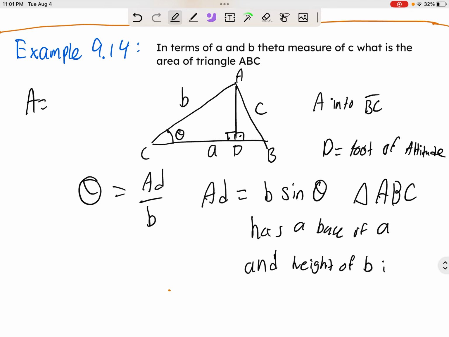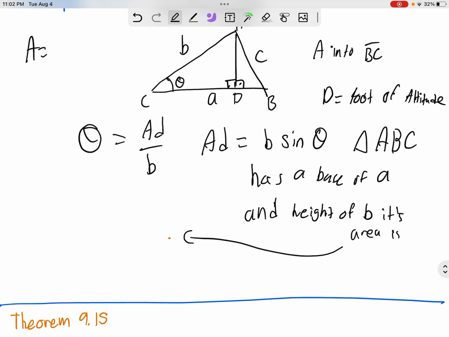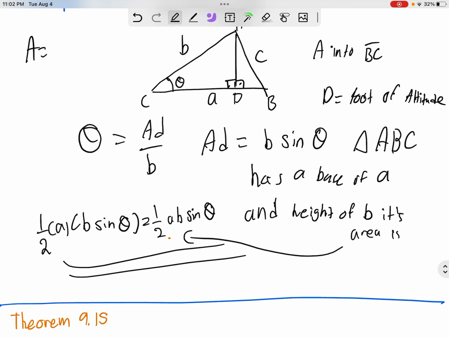And that means its area is 1/2 times A times B sine theta, which will be equal to 1/2 AB sine theta. You might be wondering where in the world you got this equation,